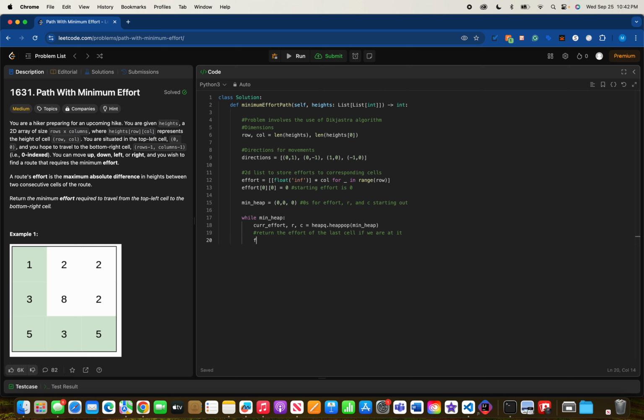So let's call if R is equal to the row, is equal to the column. Nope. Row minus 1, and C is equal to col minus 1, return